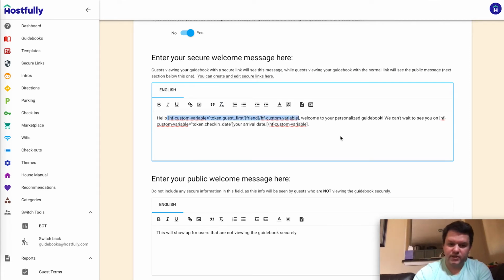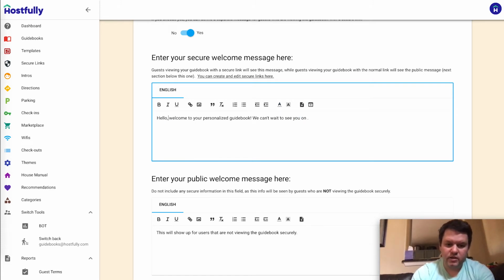I'm going to show you how to set these up again, so I'm just going to delete them. Essentially what we want is for this message to say, hello Bob, welcome to your personalized guidebook. We can't wait to see you on September 16th, I think. But we don't want to change this card for everyone. We want to just change it for when Bob is viewing the guidebook. So what we do is, instead of Bob,